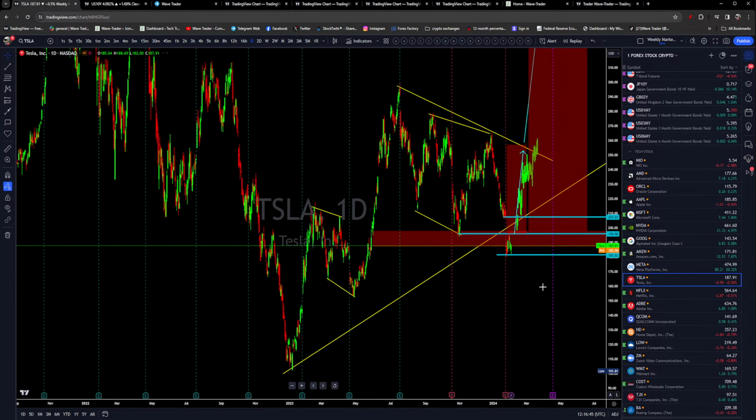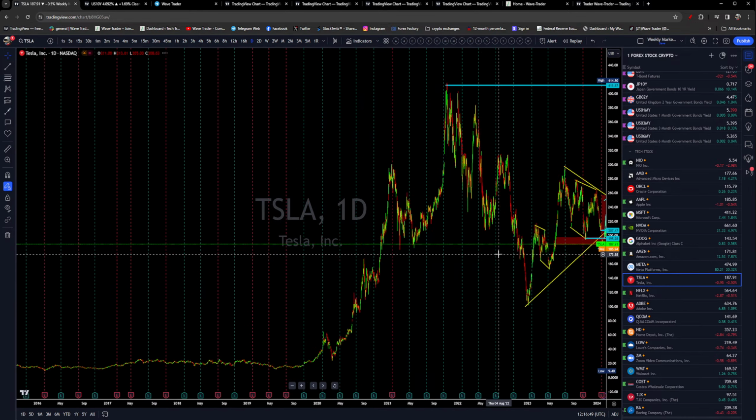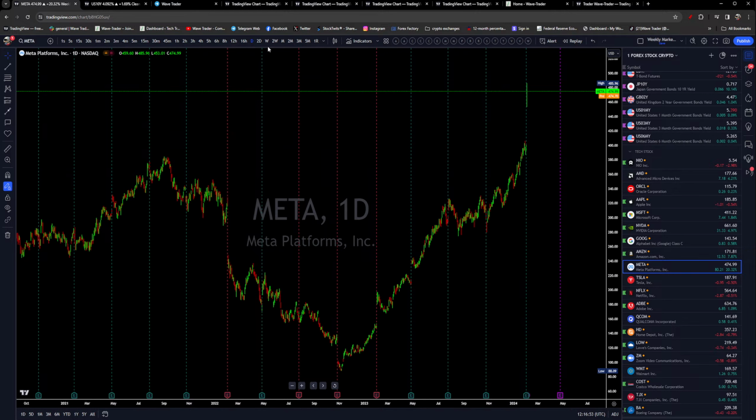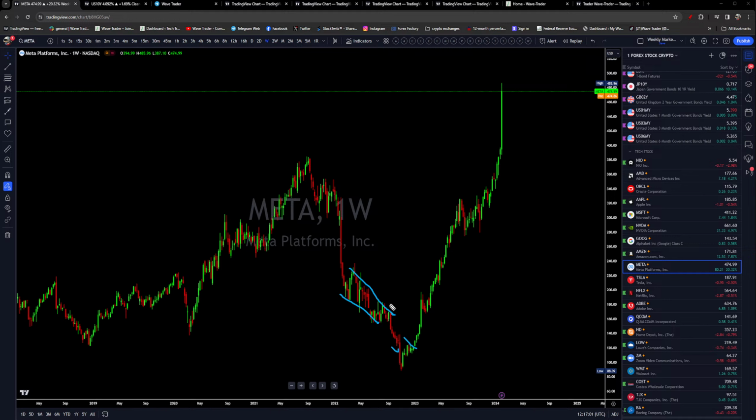So Tesla is not doing well. Tesla is under pressure, while we were expecting Meta to do that when it was at this area. Meta was a buy opportunity when this wedge was happening over there long ago. We got a nice aggressive run on Meta, and last week